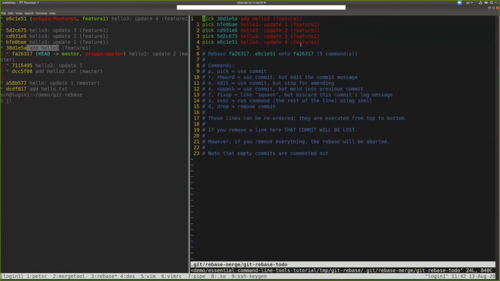commit, right? To do this, you have to change the word pick to squash, right? These are the details for Git, but what I'm showing you is that in Vim you can change this to squash, and you change this to squash, and you change it to squash. As you can see, it's quite time consuming, right? You type the same word multiple times, and also you can make mistakes. So if I undo this,